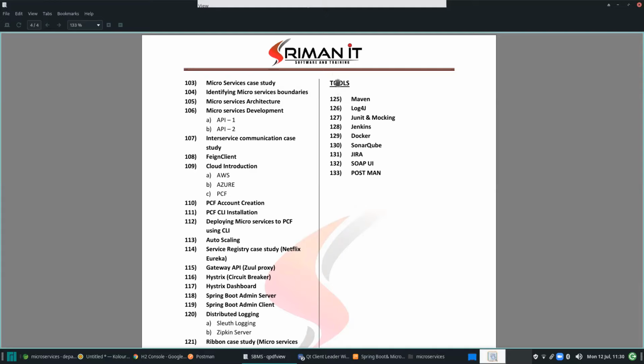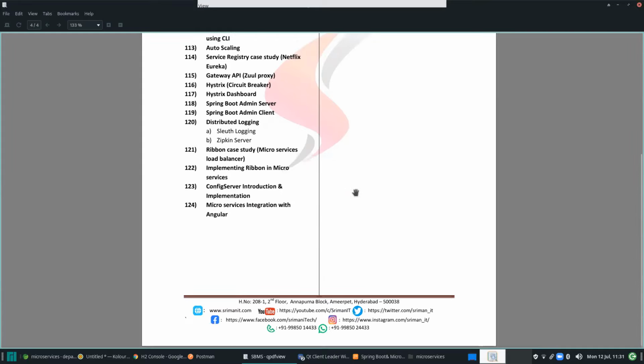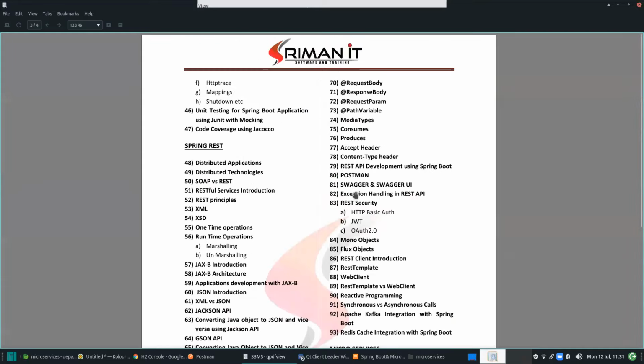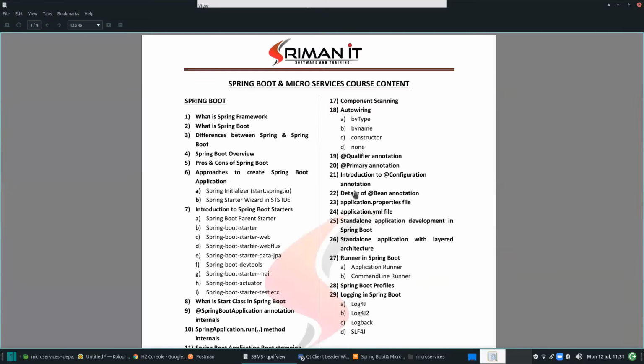And later, based on the requirement, we will check Maven, how you can integrate Log4j in Spring Boot, how you can use JUnit with mocking, how we will configure Jenkins, how we will configure Docker. So this is a lot of stuff we are going to check in the Spring Boot and microservices sessions.